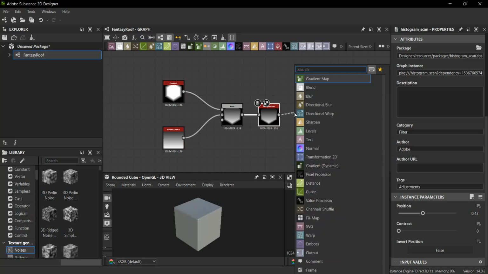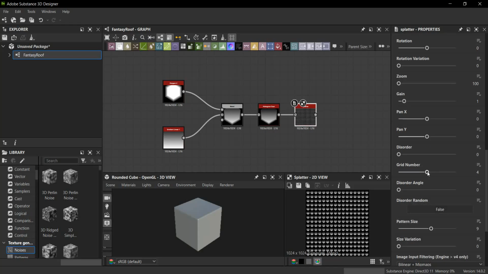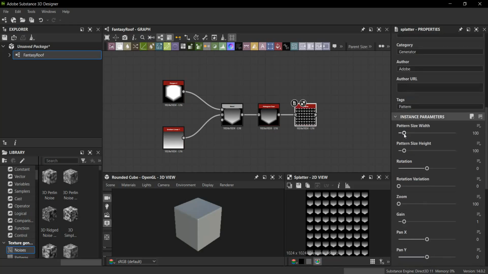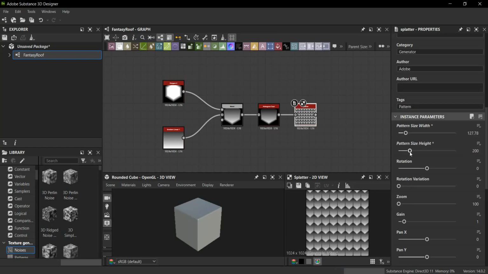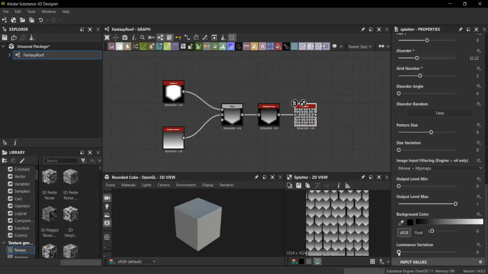So go here and click splatter. Okay, so from here change the green number from 4 to 3. The size until they touch, kind of, so it's 127, and drag it to maybe 200, around 200. So we want this to distort a bit, so disorder just a little bit. Go to luminance variation, not too much, but probably somewhere here,